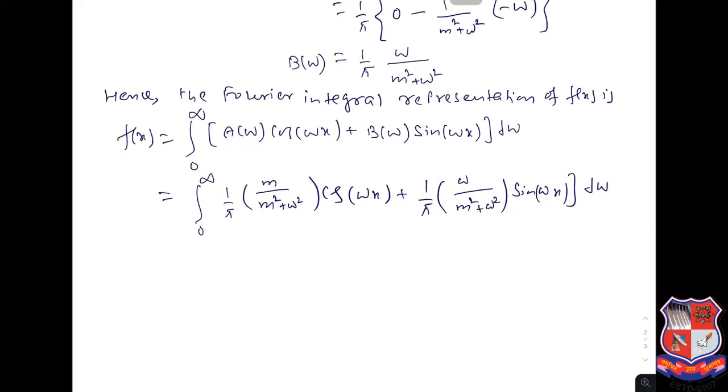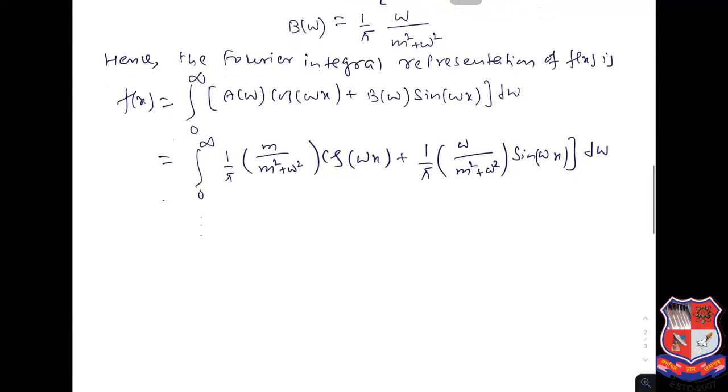Okay, and so here omega is the variable, so 1 over pi only we can take outside, so